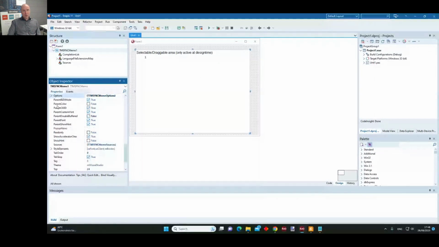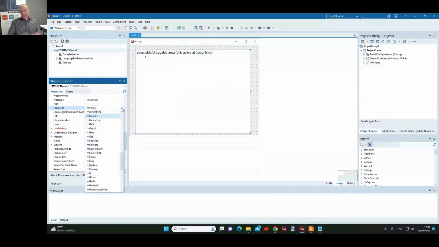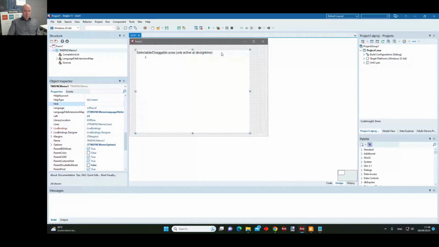One of the most important options here is the language. And so this is basically the equivalent of the syntax styler that you have with ADV Memo. Only here you have this long list of languages that are supported. Basically, if you just open a Pascal file, it will, with this language setting, already apply the syntax styling to Pascal. And maybe that's what we just need to do as an introduction.